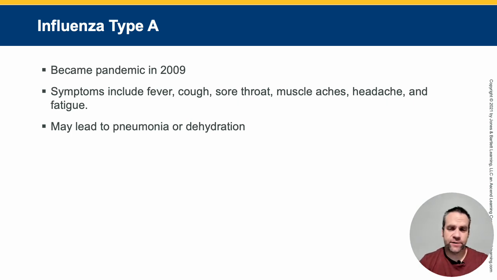Influenza is also transmitted via droplets from coughing, sneezing, or just touching contaminated surfaces. And it really tends to spread rapidly in close quarters, like nursing homes, schools, and just your house. Typical symptoms include fever, chills, a cough, sore throat, muscle aches, headache, fatigue. Now, while many people do recover with just simple rest and hydration, others, especially the very young and the elderly or those with chronic health issues, can develop serious complications like pneumonia or dehydration, and in some rare cases,